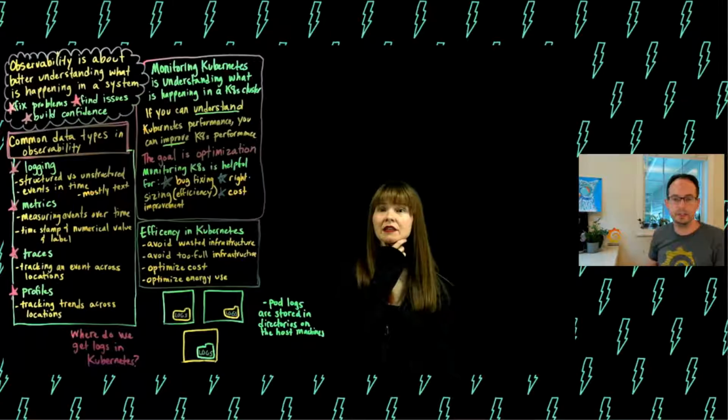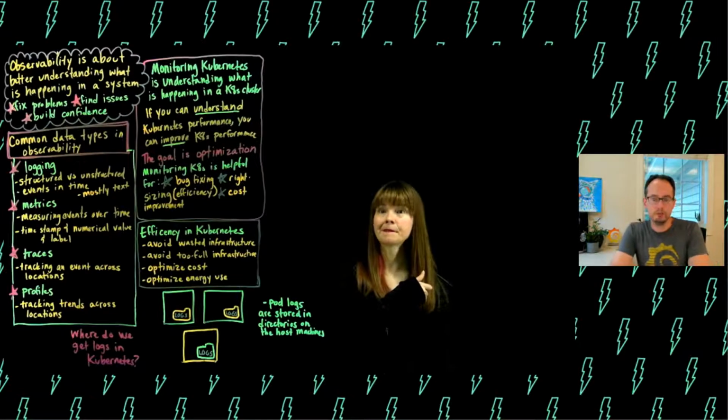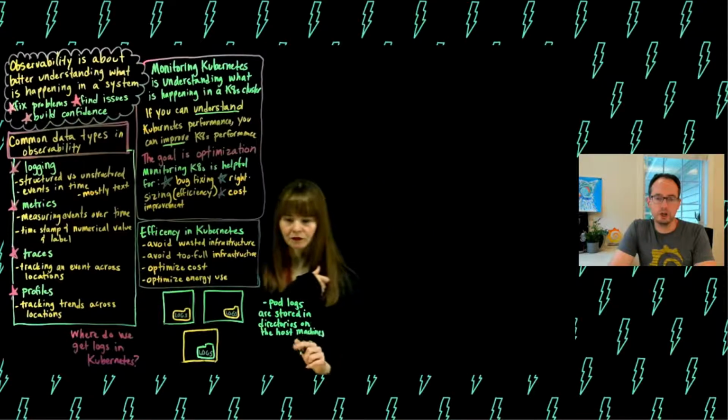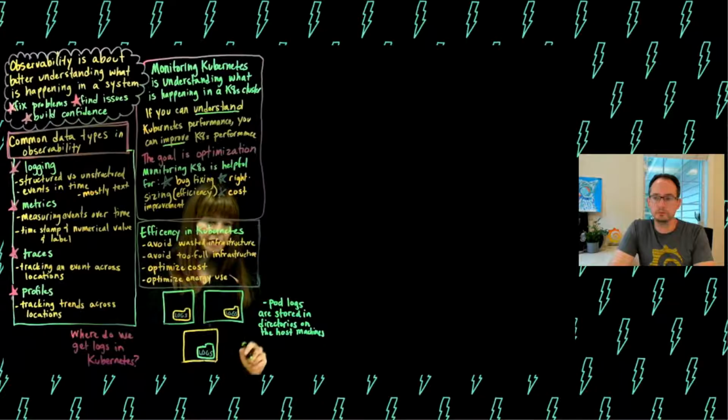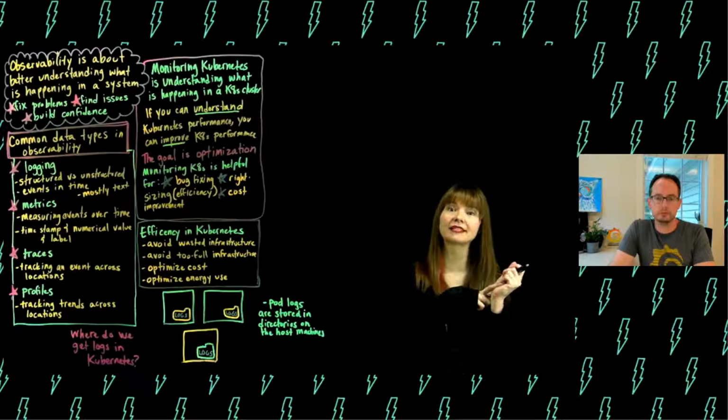So kubelet. Say that again real quick. Yeah. The kubelet is a process that runs on every node. And so it's managing what's happening on that node. It works with the API server. The API server tells it, I want to start up stuff there. So the kubelet itself will log about how things are going for itself, but those will be in a separate location on the node itself. So pod logs are stored directly on the host machine, and kubelet logs are in a separate directory, each on a host machine too. Yep.